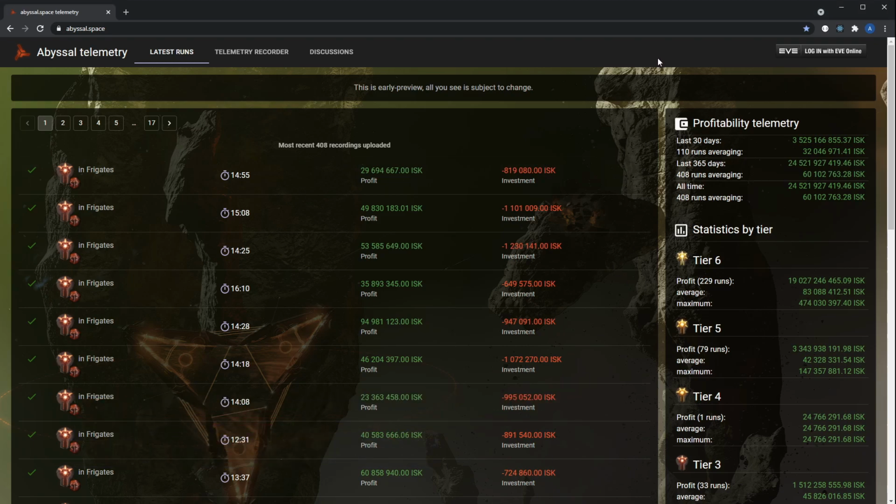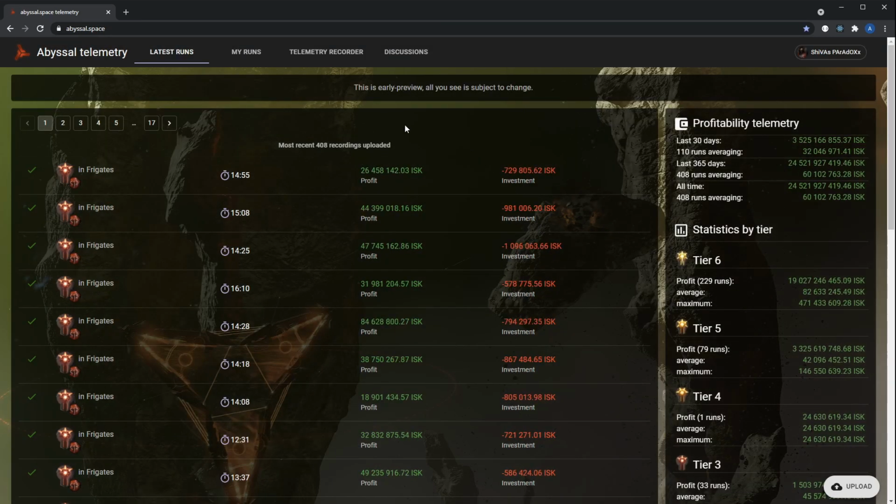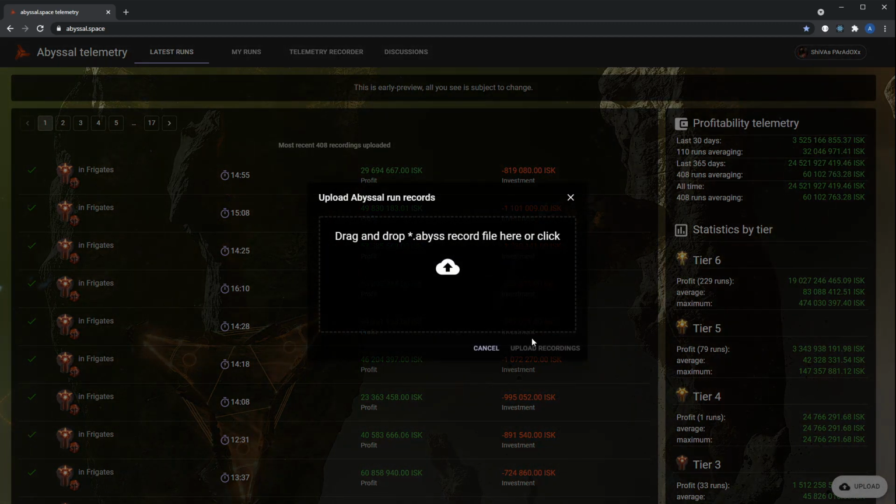In order to upload your recording, you go to the abyssal.space website, log in with your Eve account, and then an upload button will appear at the bottom of your screen. You just click it, and you can drag and drop up to 10 files which you want to upload, or you can click it and pick one of the recordings. This is one which you saw previously, recorded in tier 6. We grab it, we click upload,